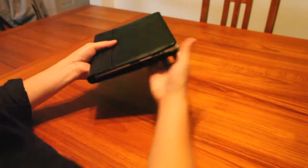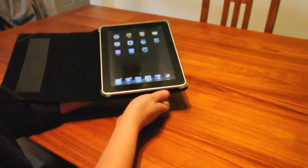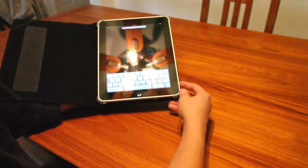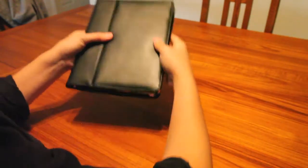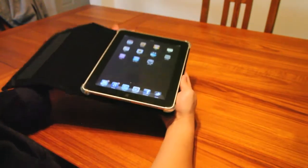Let me close it. It's got a neat design in that some cases actually cover up a lot of the sides of the iPad, whereas this one doesn't. So I like the look of this one quite a bit. And furthermore, you have access to all your ports, both on the top as well as on the bottom, when the case is closed. I'm sorry, that was the top. Anyway,